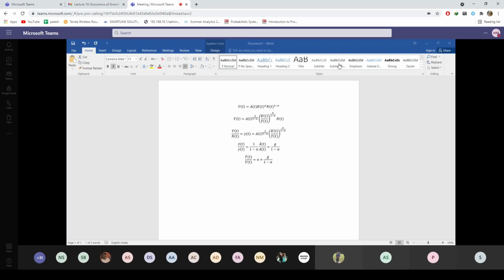Priyanksha, would you mind trying? Sir, can you repeat the question? I didn't get it clearly. Give me the value of capital K by capital Y when the production function is both labor augmenting and capital augmenting. Okay, sir. The tricky part, again I'm telling everybody, is basically writing down the fundamental equation in terms of effective labor force.